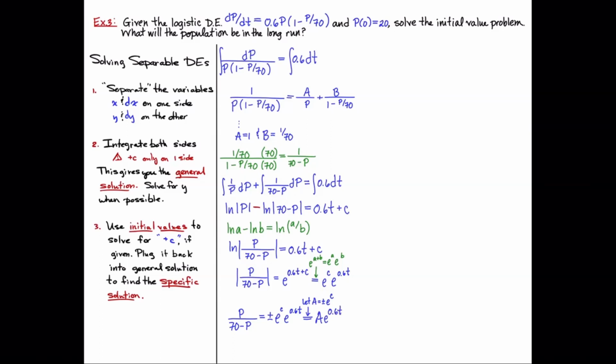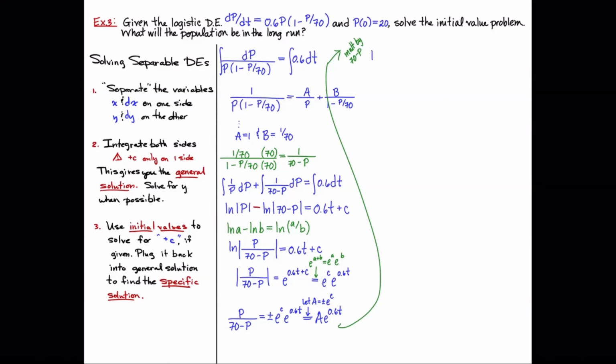And now we get into the algebra part to solve for p. We want to multiply both sides of this equation by 70 minus p. And I'm writing these steps out because it is very formulaic. So when you see similar problems, you can use this as a reference. You'll have it step by step. So multiplying through by that denominator gives us